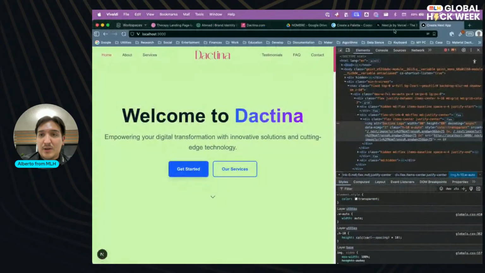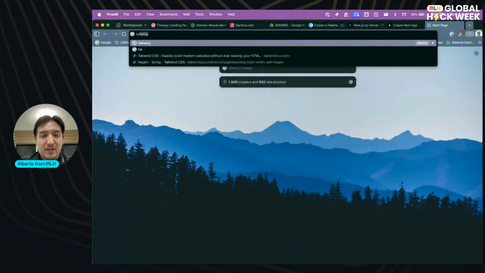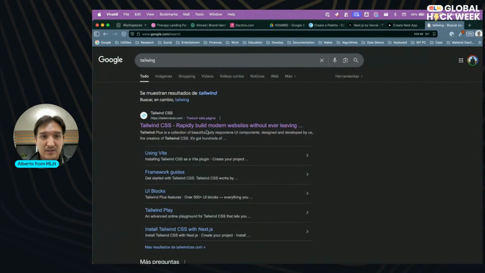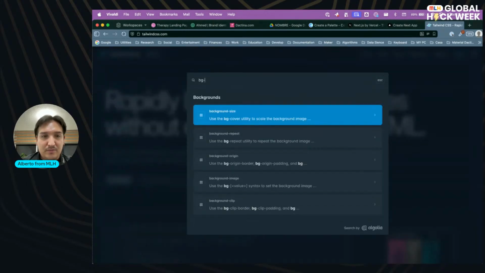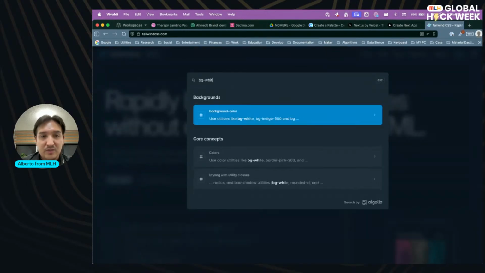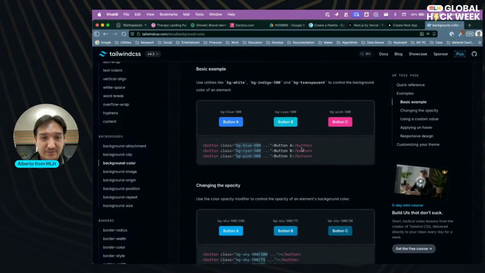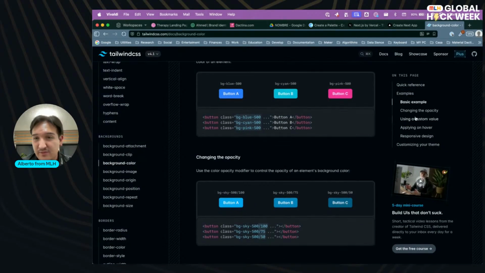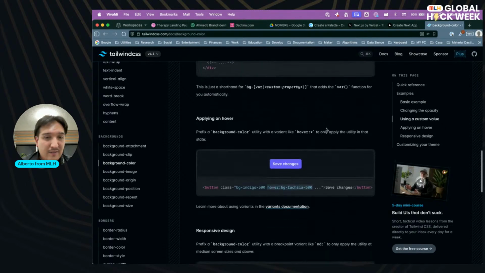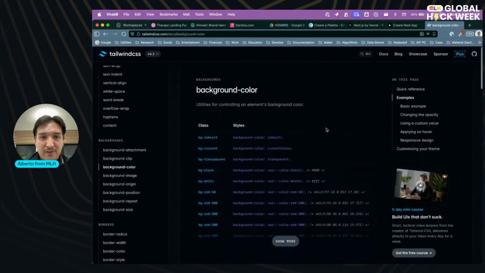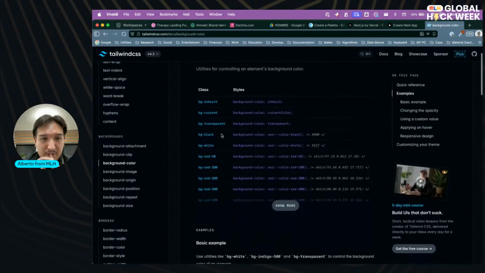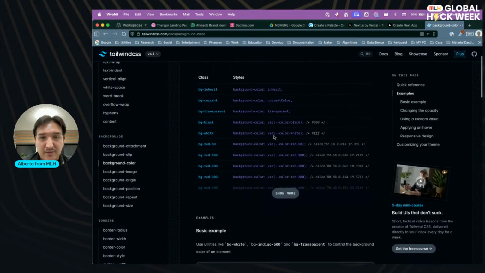And another great idea, let's check Tailwind BG with transparent.